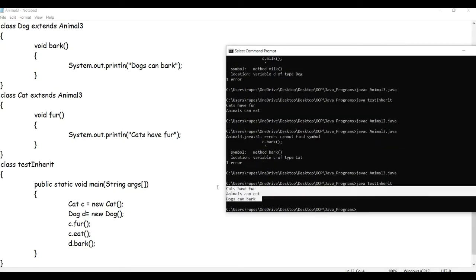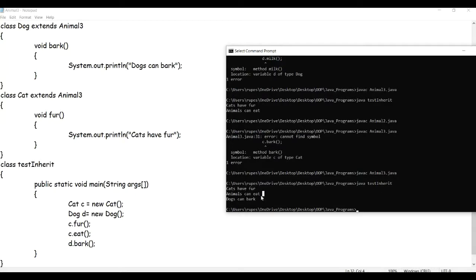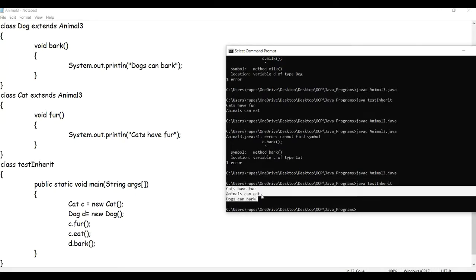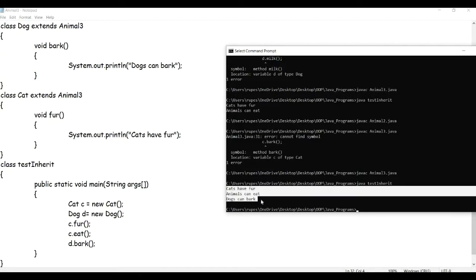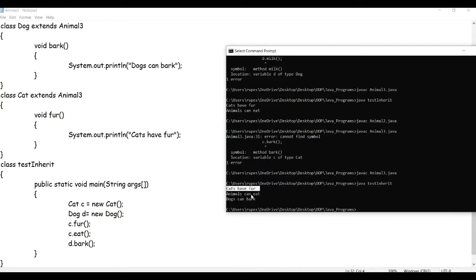Now I'm getting the values all of them together. The first two belong to the cat, and this cat is able to access what the animal class has. The third one represents the method from the dog class.